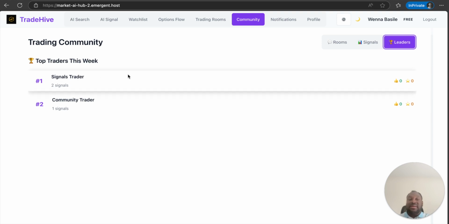And this is the signal for the leader. From me, who built the app, if I see a signal that is going up, or I'm trading and making money, I can put that here so everybody that is using the app can also see it.